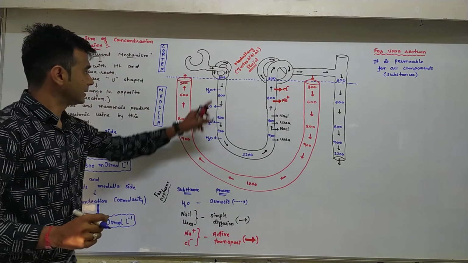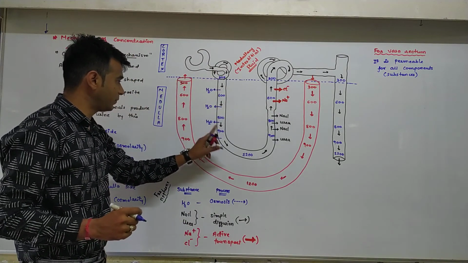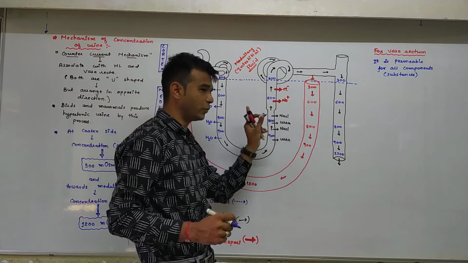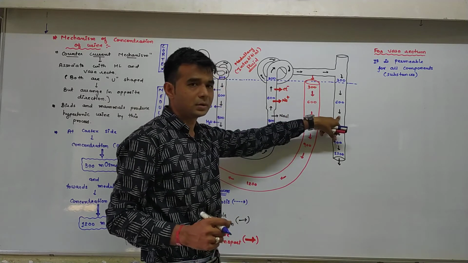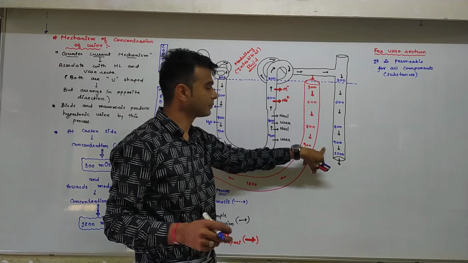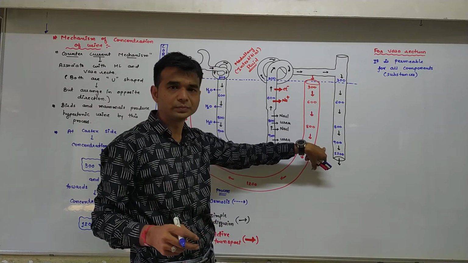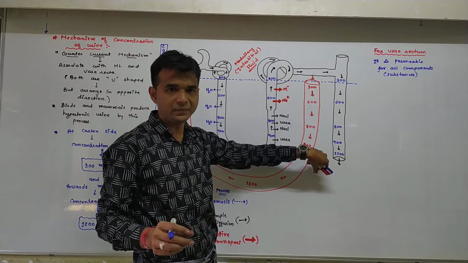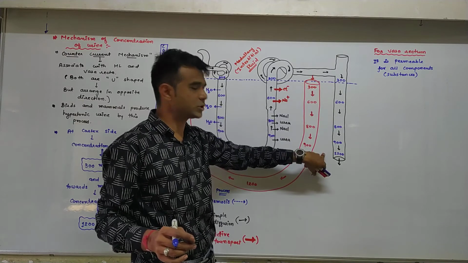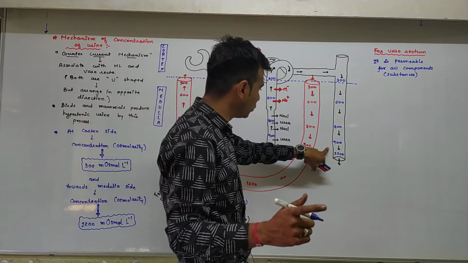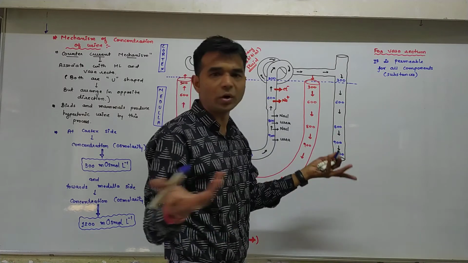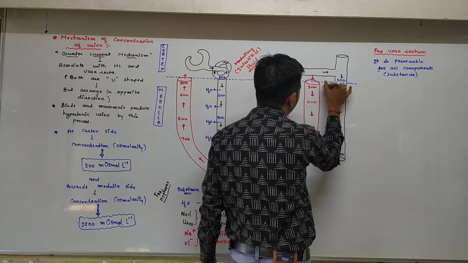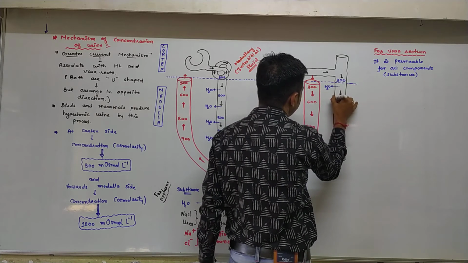See, the descending limb is permeable for water, not for electrolytes. The ascending limb is permeable for electrolytes, not for water. And now we have moved towards the collecting duct. Yesterday I told you a few points for the collecting duct. The collecting duct is also permeable for water and the lowermost portion is permeable for urea. So what we can write here: dotted line, water, again dotted line, water,